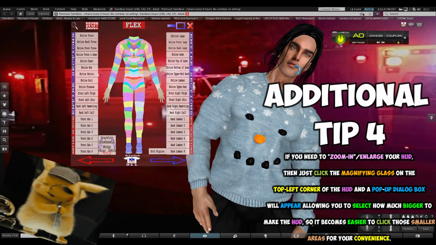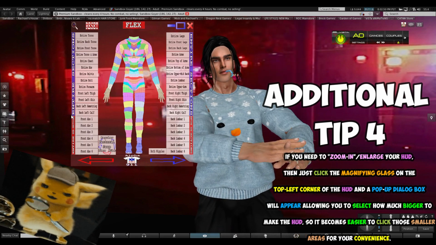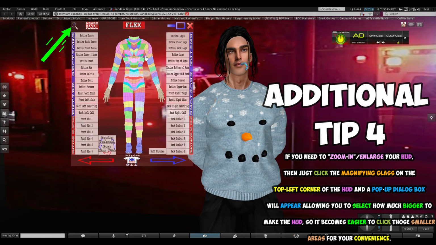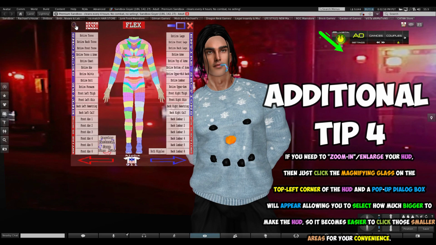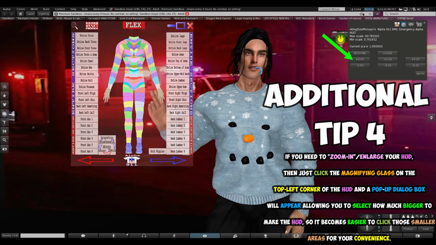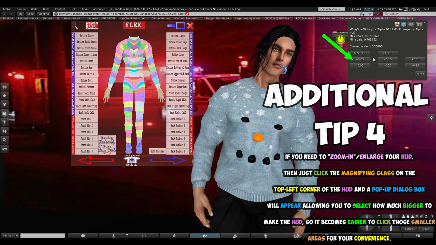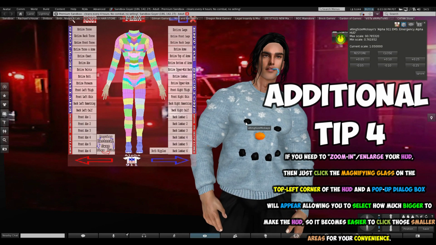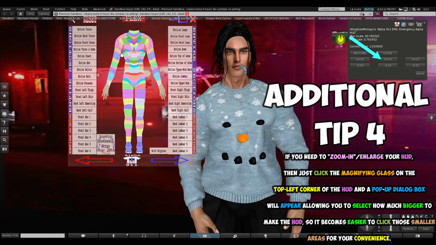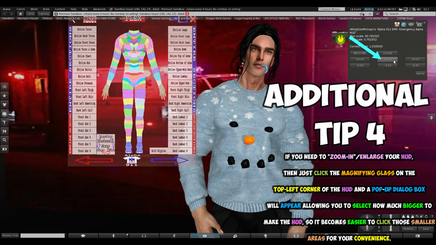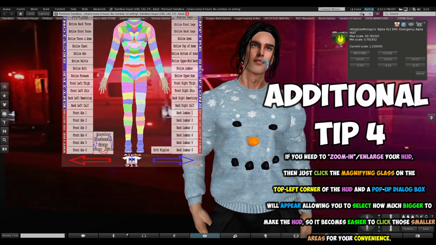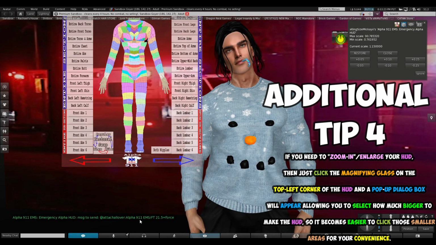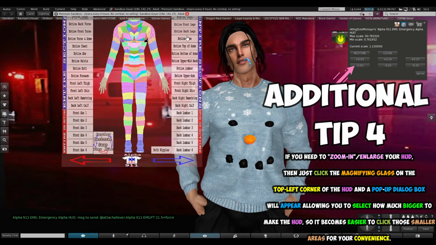Okay, so say if we wanted to click on Alpha that was a little too small for your eyes and you needed to make it bigger. Well, there's a simple fix. All you do is click on this magnifying glass button up here in the top left hand corner. A pop-up dialog box will appear. It'll give you some sizes for 0.05, 0.10, and 0.25. Let's click the 0.05, and it seems it's a little bigger, but we need to make it just a tad bit more bigger. Let's do the plus 0.10. Now we can see it properly. All you do is click on the alpha, and ta-da! All these buttons on the HUDs will increase in size.